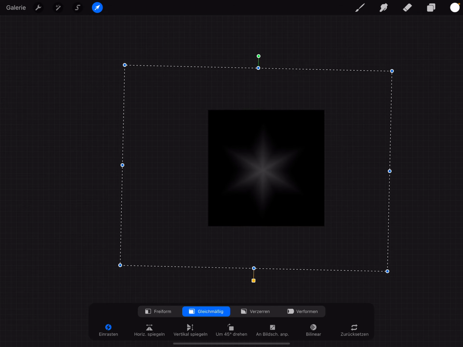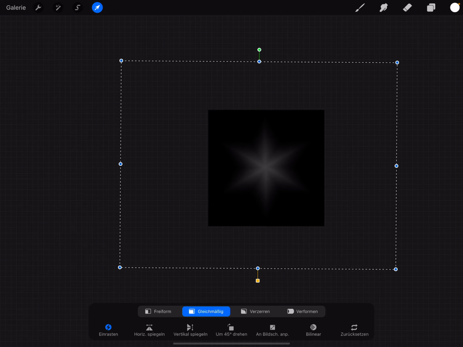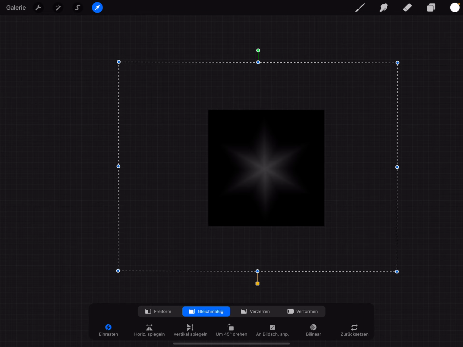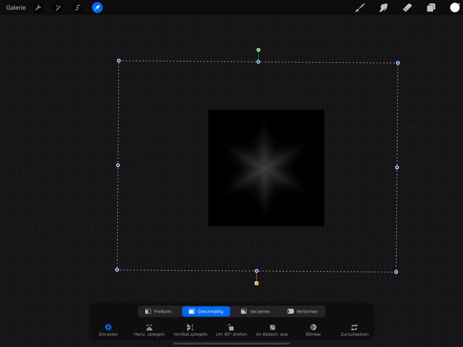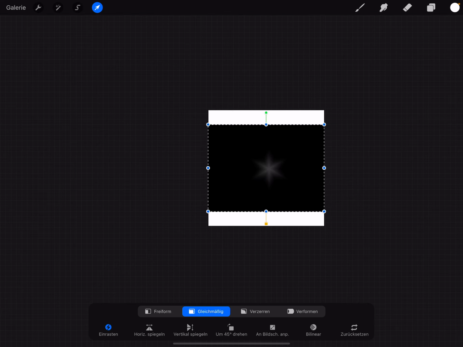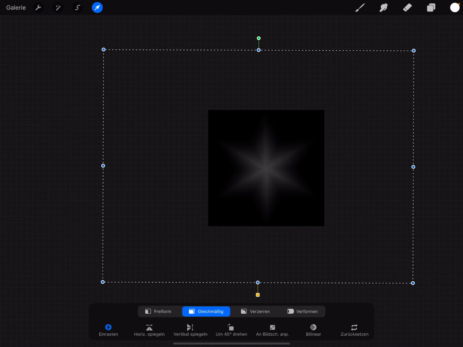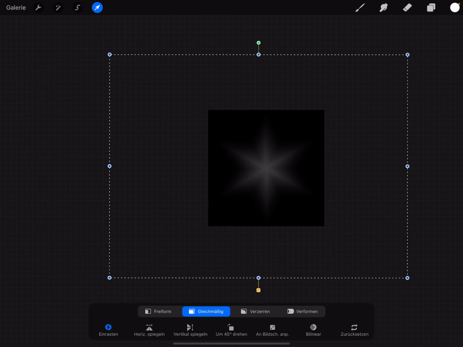You can bring it in a position like this in the middle. Sorry, I go a step back. I think it's okay.